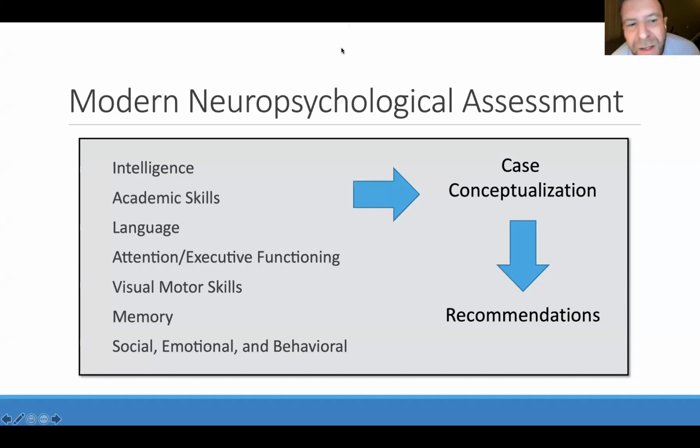One of the things that can be a misconception when folks are thinking about this kind of area of assessment is that we give this broad battery of tests, it's a one-shot deal, and then we come up with that conceptualization from it. One of the things I really want to emphasize is that neuropsychological assessment is really more like a fact-finding mission. You start out very broadly in evaluating a student's strengths and challenges, all areas, right? And then as we see areas of difficulty, we follow up and dig deeper on those.